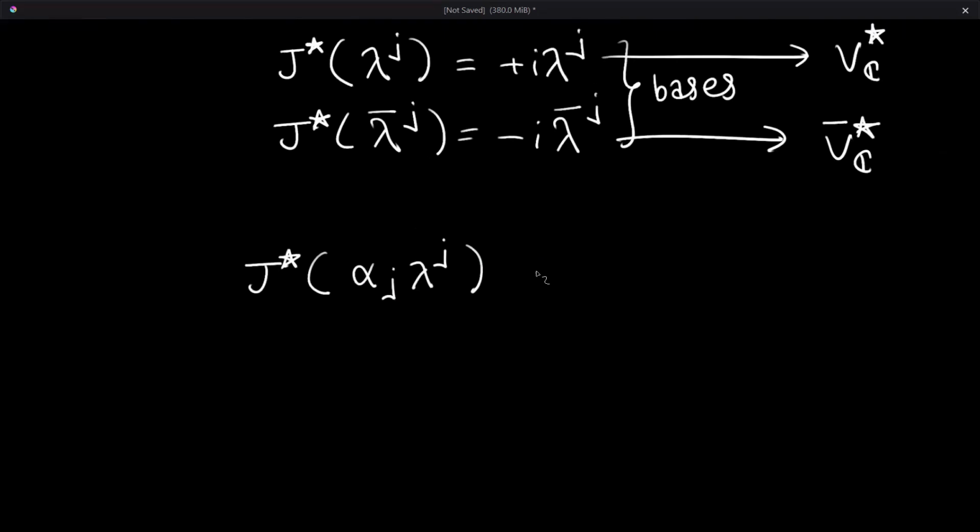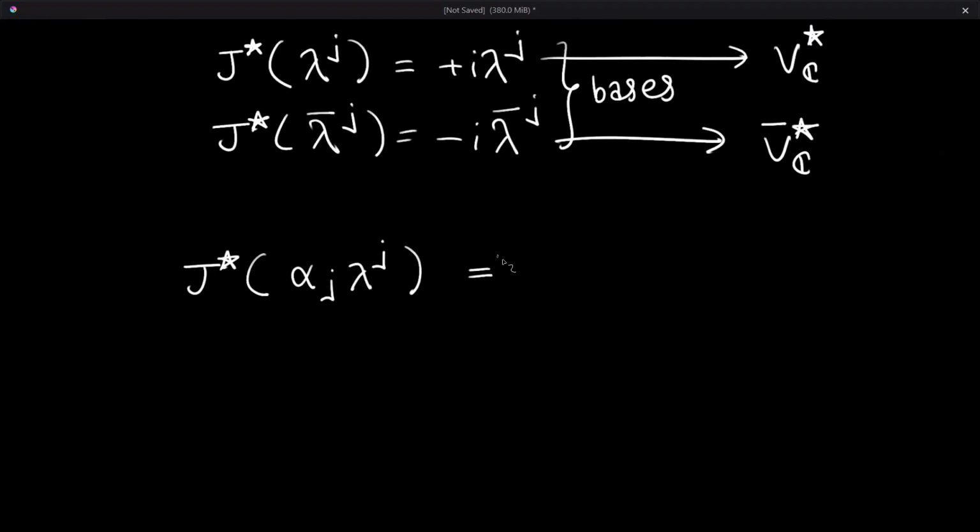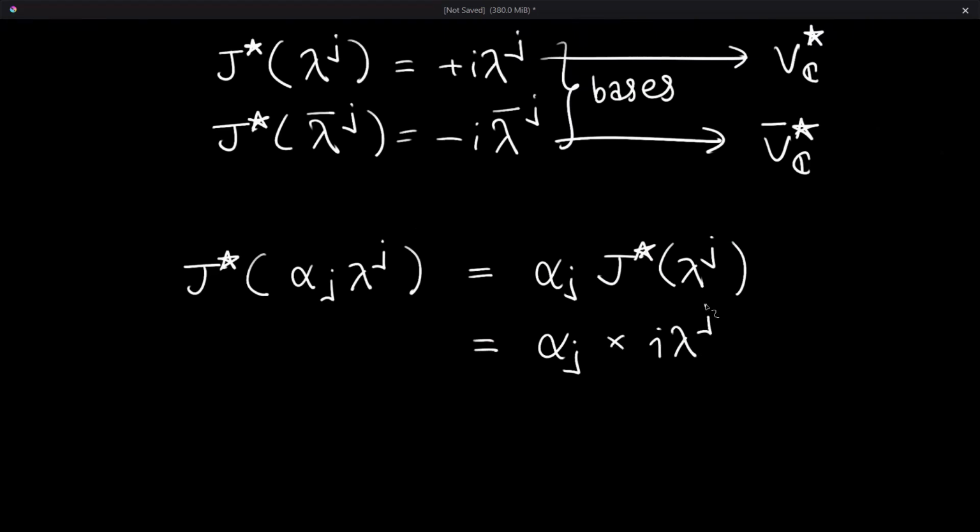Then this will be equal to alpha j, exploiting linearity, J star of lambda j,